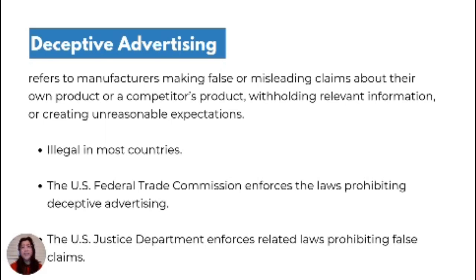So, what are the key elements of deceptive advertising? First is false claim, stating something that isn't true about a product. Let's say for example, saying a product is 100% organic when it's not. Second is omissions, leaving out important information or details that could change a customer's purchasing decision. An example is not telling the customer about the side effects of a product.